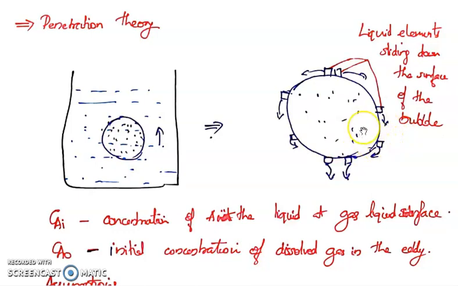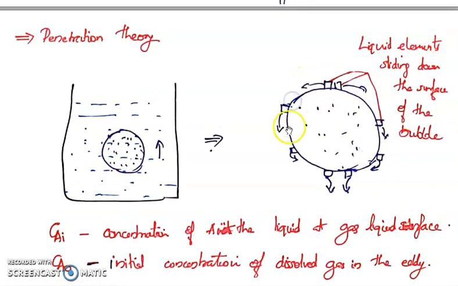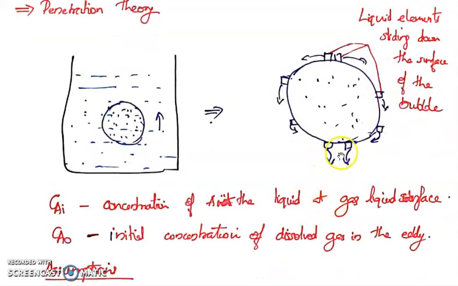Well, what will happen when the bubble moves up? When the bubble moves up, there will be small packets of liquid surrounding the bubble, like you see here. But when it moves up, it will also be swept away. That means liquid elements will slide down from the top of the surface of the bubble to the bottom. So when this ball moves up, because the bubble is in a spherical shape, the molecules of liquid which are attached to the surface will slide away along the surface of the bubble, and it will finally detach at the bottom. When they get detached, what is happening?